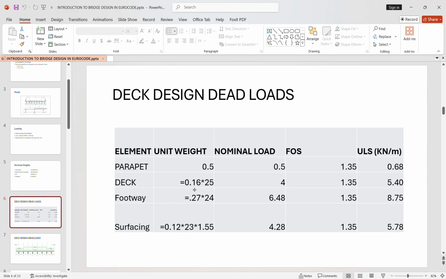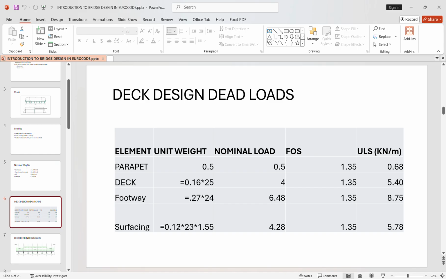The deck was 160 millimeters thick, so it is going to be 0.16 multiplied by 25 to get our kilonewtons per meter nominal load. The footway was 270 millimeters deep multiplied by 24 for the concrete, and for the surfacing